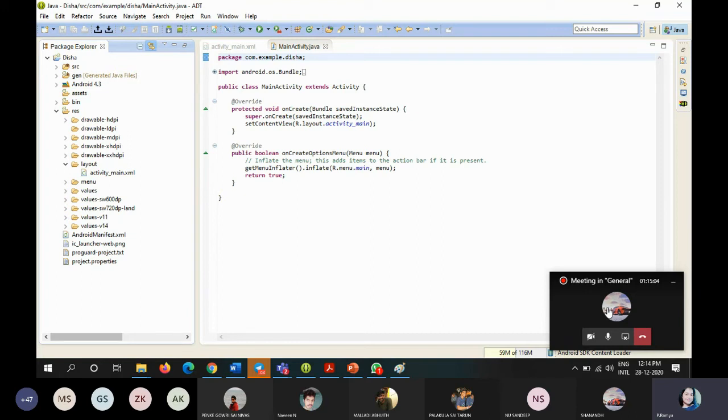Food, clothes, and a place for staying, right? These three are the resources for a human. Like that, if you want to develop any application, your application also requires some resources, right? So every resource for an application is going to be provided by the RES subdirectory only.